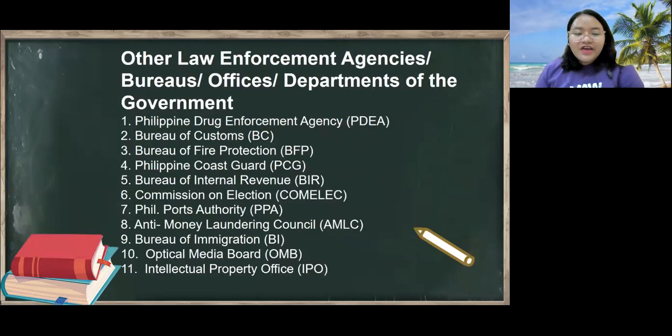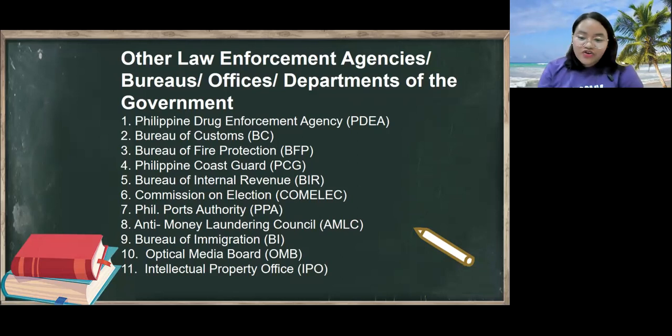Now, these are the other law enforcement agencies, bureaus, offices, and departments of the government. The National Bureau of Investigation, the Economic Investigation and Intelligence Division under the Department of Finance, Bureau of Fisheries and Aquatic Resources under the Department of Agriculture, the Bureau of Customs under the Department of Finance, Bureau of Immigration under the Department of Justice, the Bureau of Internal Revenue under the Department of Finance, Bureau of Forest Development under the Department of Environment and Natural Resources,